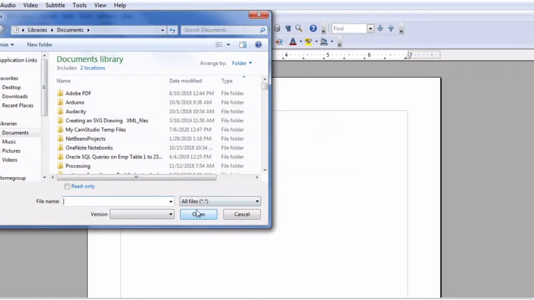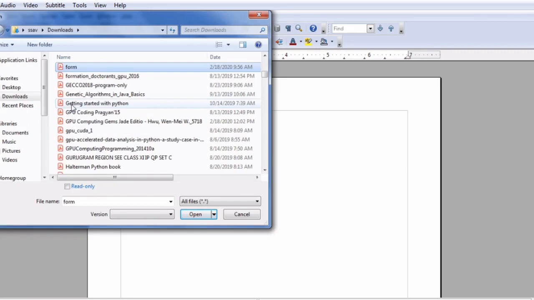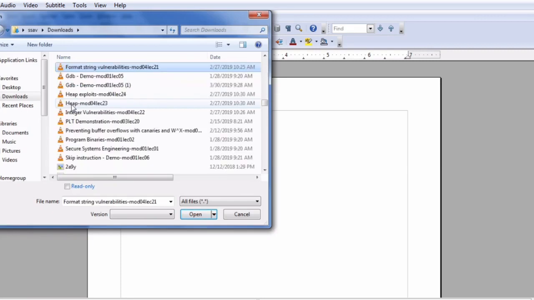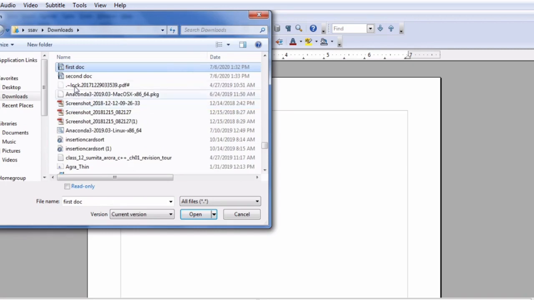We can type the name of the file that we want to open, or just click on the listing in the upper window and press the first alphabet of your file name. In this case it is F, so F. See, all files starting with F are shown. So this is our file, first doc. Click on Open.